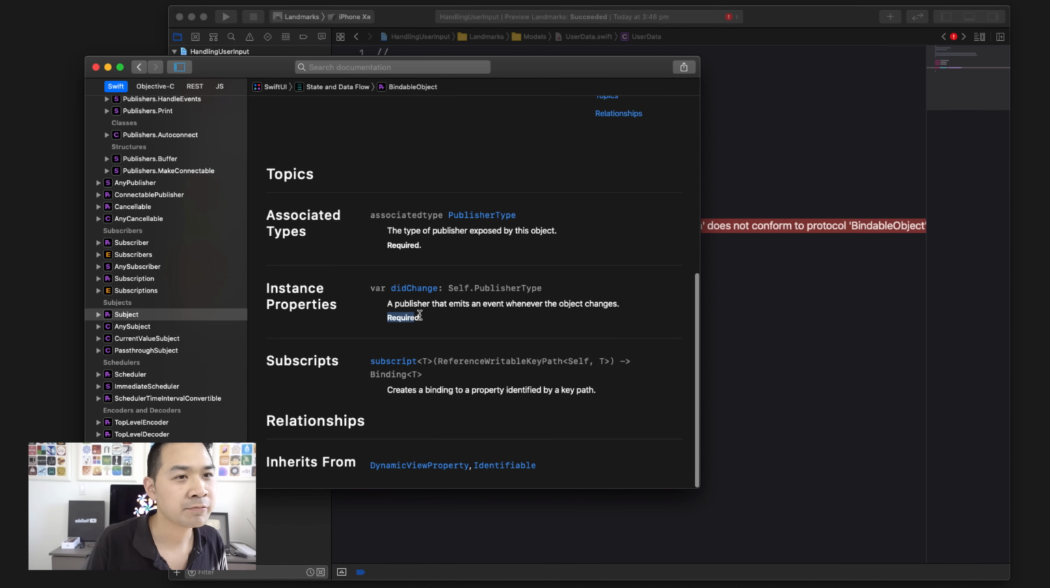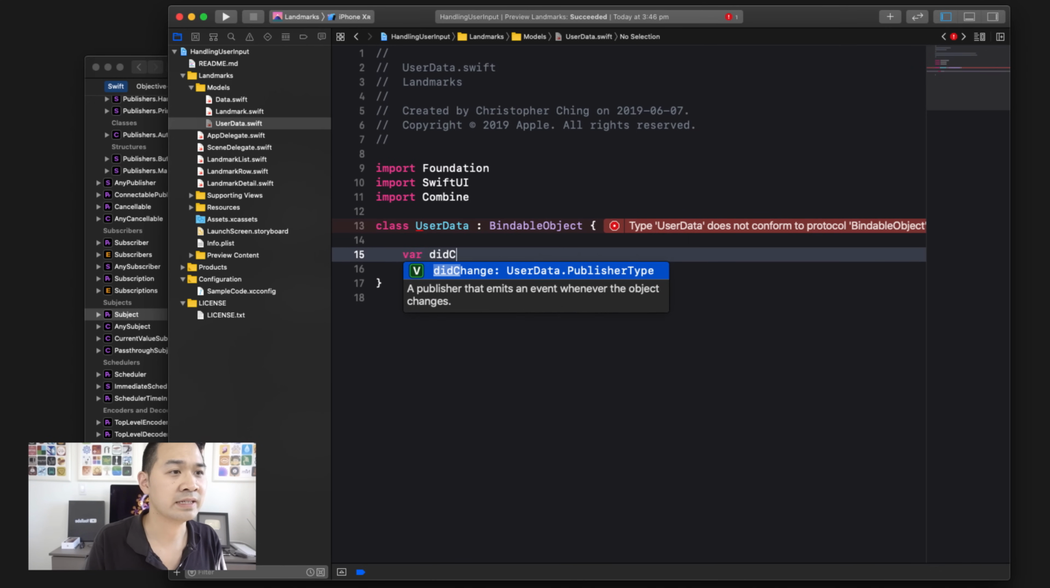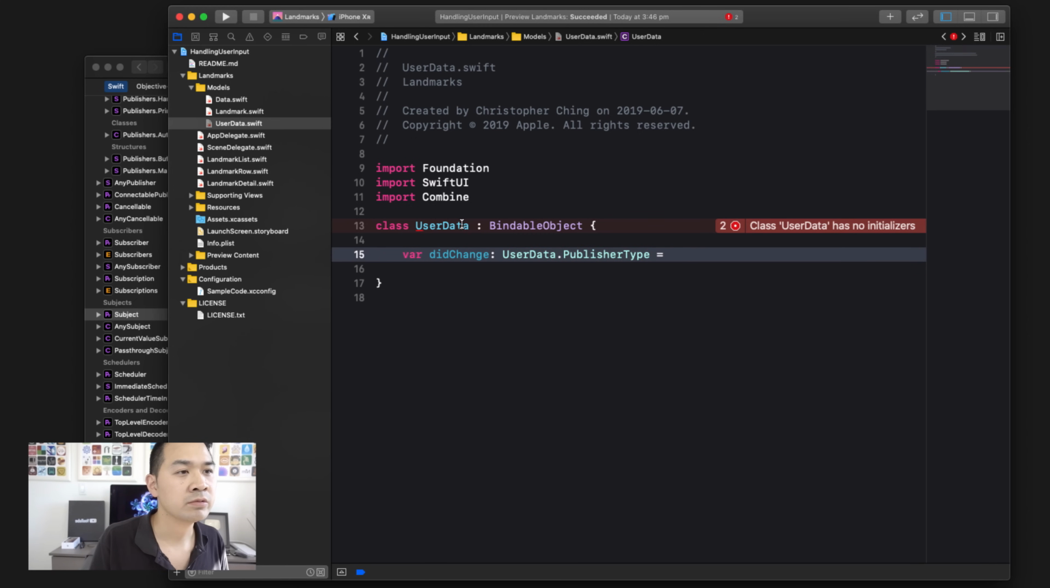This is a required property here, didChange. And what this property references is a publisher object. Now, a publisher, I told you before, emits an event whenever the object changes, right? So we have to declare a property called didChange, right? And then we have to assign it a publisher type object. So let's do that. We're going to say equals,